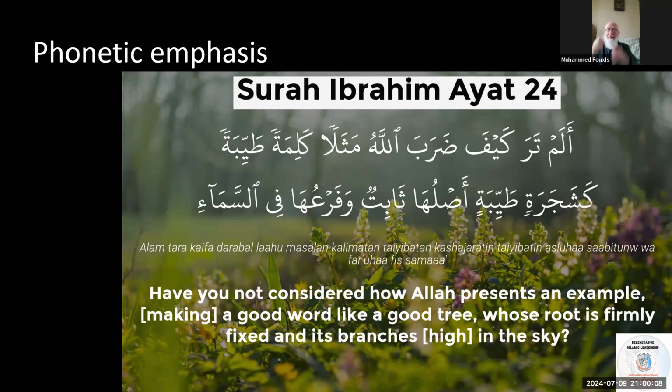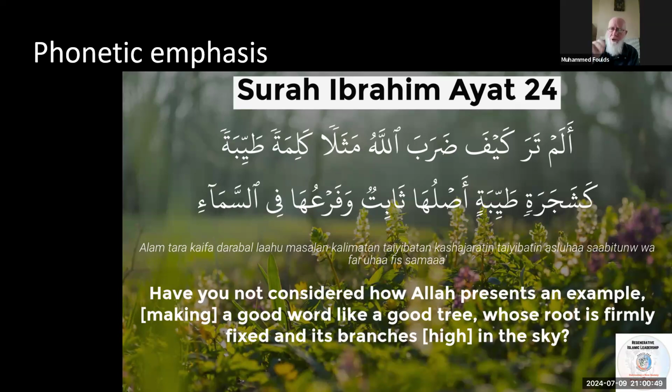Alam tara means to think, because alam tara comes up quite a few times, and it will come up in another ayat in a few moments. But it was also revealed in Surah Fil in relation to the elephants, and how the elephants, before the birth of the Prophet, peace and blessings be upon him himself, okay, there's the whole surah there, alam tara kayfa, about the elephants, but the Prophet was not there to see the elephants. So this alam tara, yes, observing and seeing, but it is to think. So the message here to the Prophet, peace and blessings be upon him, is to think. Anyway, that's one lesson.